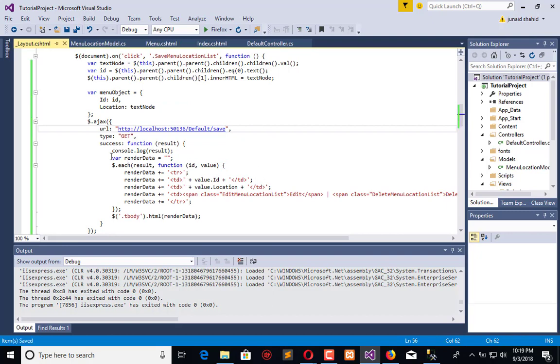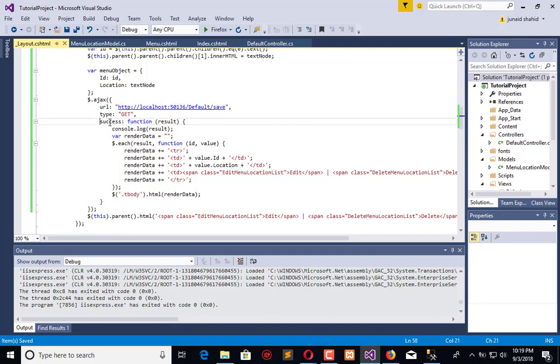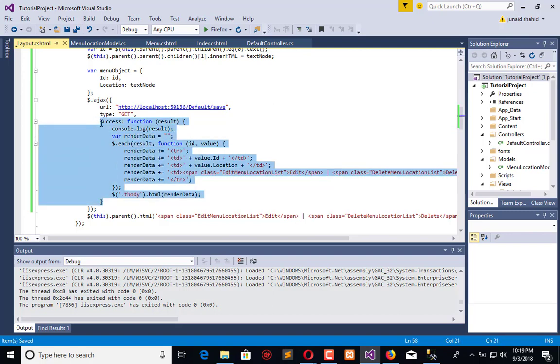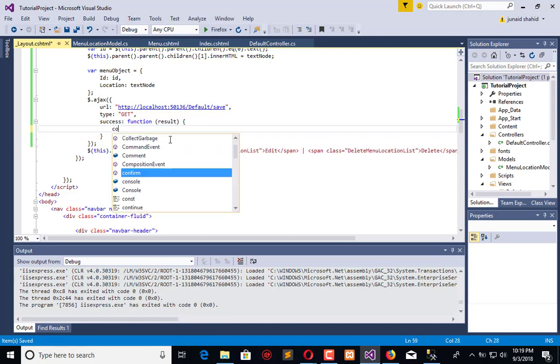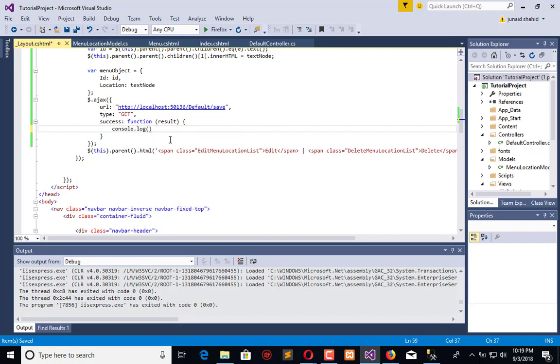Now you are passing the URL and then you are passing the data. Okay, so remove this part. Don't remove everything, just remove this one, you don't need it. Simply console the result